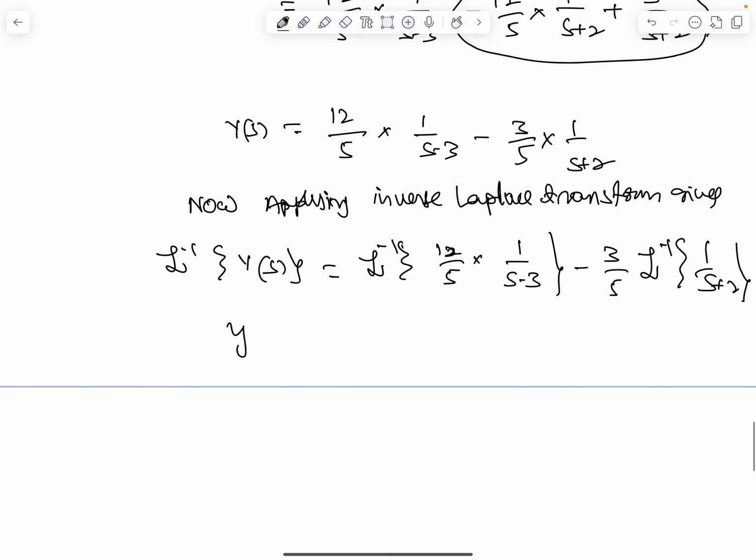So, this is y of t is equal to 12 by 5, which is a constant, you can take it out, and inverse Laplace transform of 1 by s minus 3 is, you have to refer,